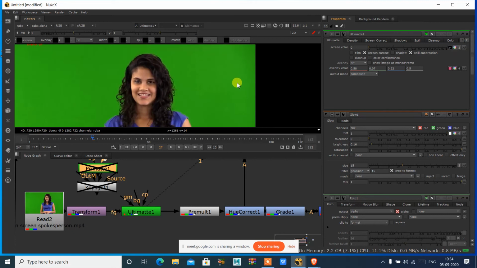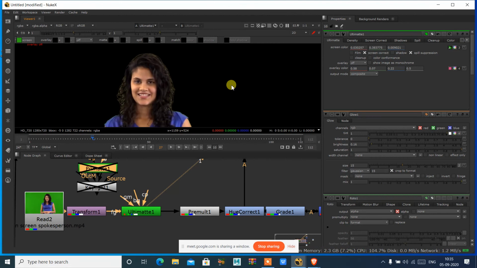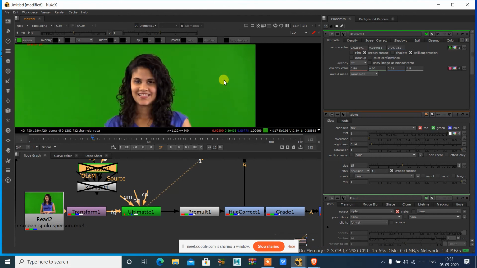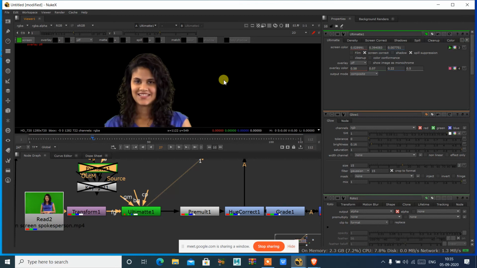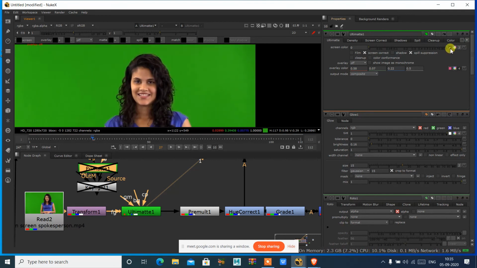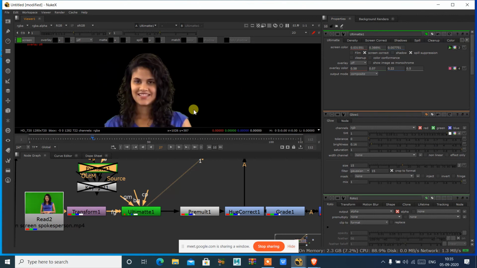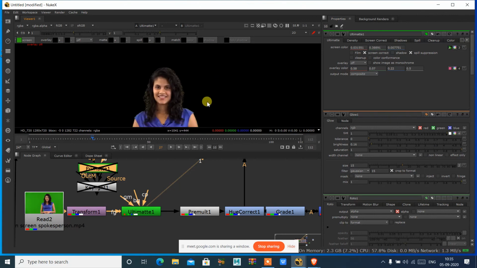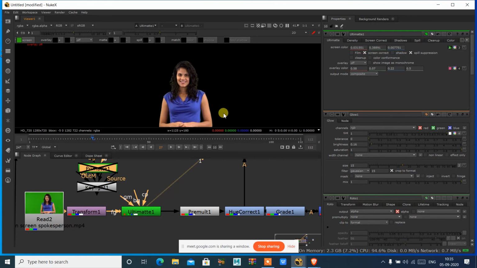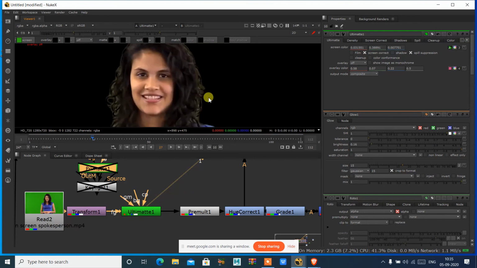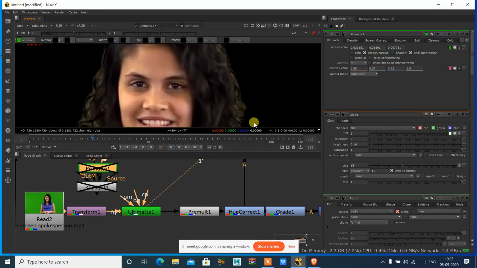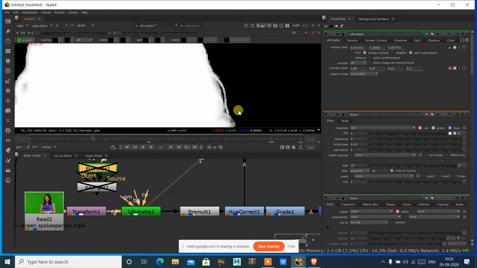If I click on that, hold Control Shift and click on this. Sometimes by holding Control, if it is not selecting or removing, you can hold Control and Shift to drag it. I'll just show this. If I hold a click on this, Control Shift, you can also drag like this. The region, if you drag, it will remove the green screen. Once we have done the green screen removal, you can check the alpha. Press A on the keyboard. I can see this is removing nicely over here.